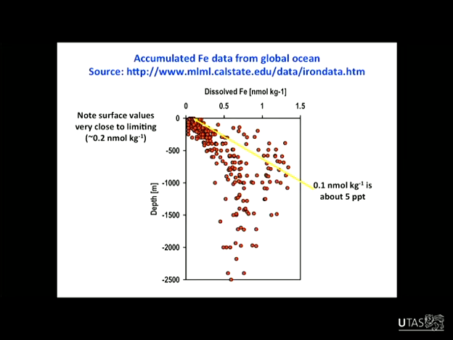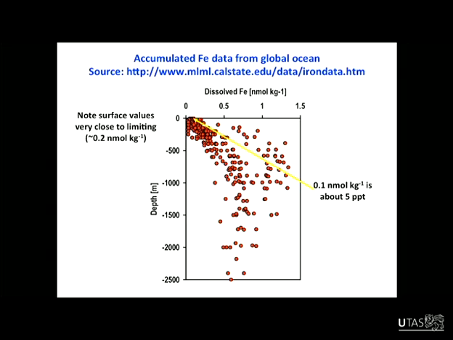But this group, Oceanic Marine Labs, went out, and this is from a paper that they published in 1997. It's also incredibly hard to make these measurements, so there aren't a lot of iron data in the global ocean. This was all the data that they had up until that point in 1997.